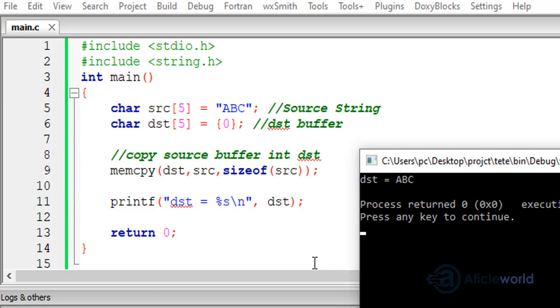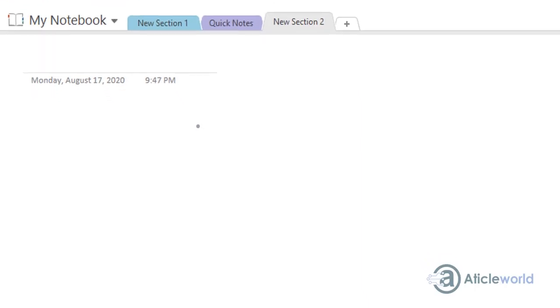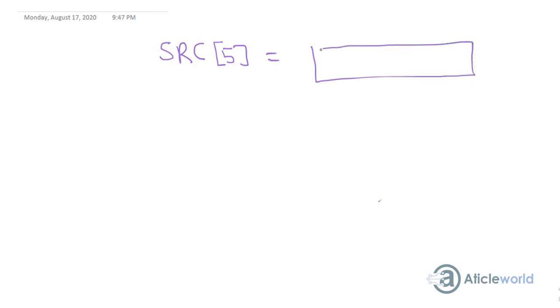Let's understand the memcopy functionality using the pen and copy, and it will help to understand the basic concept. So here I am going to create a source buffer, source, and size of this source buffer is 5. I am creating a block for it. 1, 2, 3, 4, right?